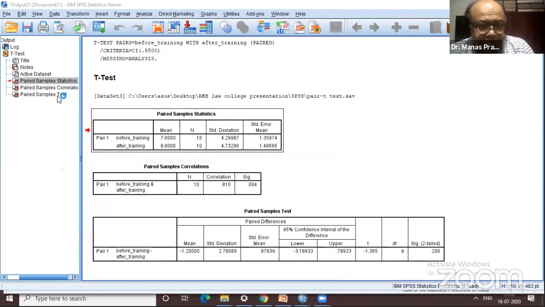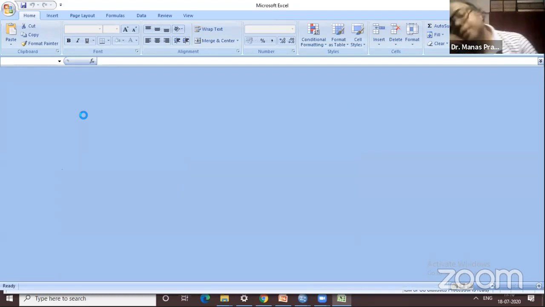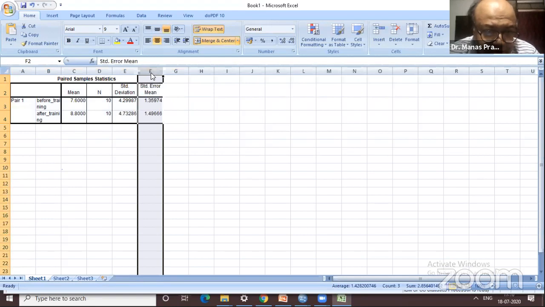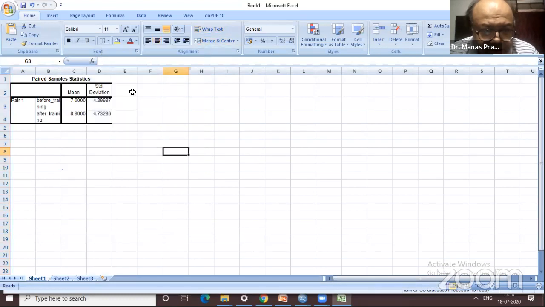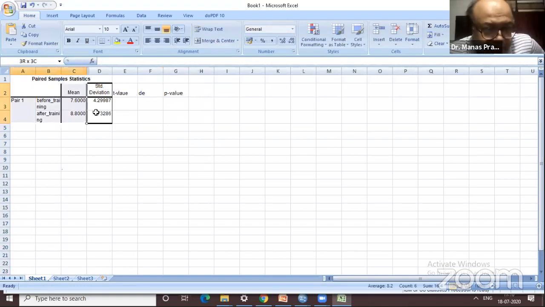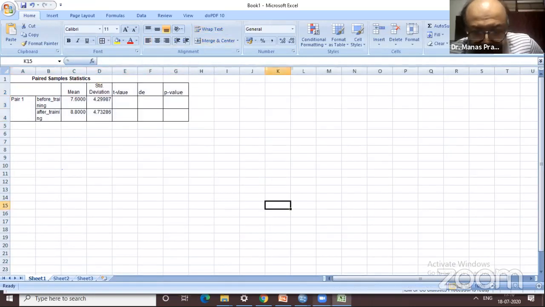Go to Excel. Copy. We don't need the standard error. We don't need the number of observations. Delete them. Then you need only the t value, degrees of freedom, and p-value. You need to make borders. Then